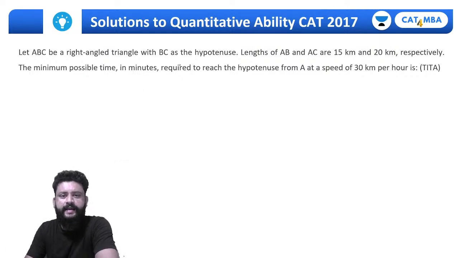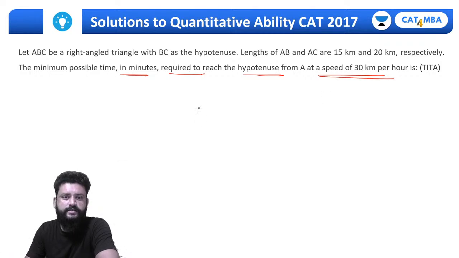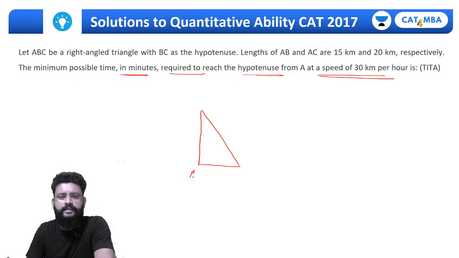Let ABC be a right angle triangle with BC as the hypotenuse. The lengths of AB and AC are 15 km and 20 km respectively. What is the minimum possible time in minutes required to reach the hypotenuse from A at the speed of 30 km/h? Okay, so let's draw the right angle triangle ABC, where BC is the hypotenuse. Let's take this point as A. AB is 15